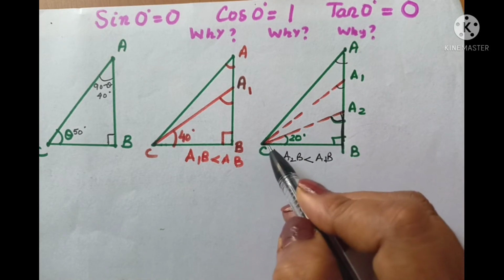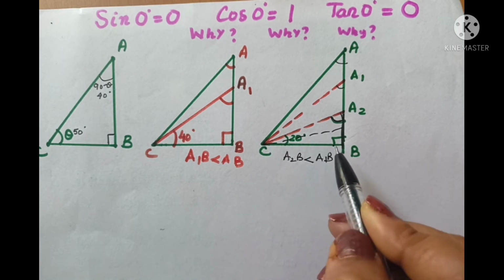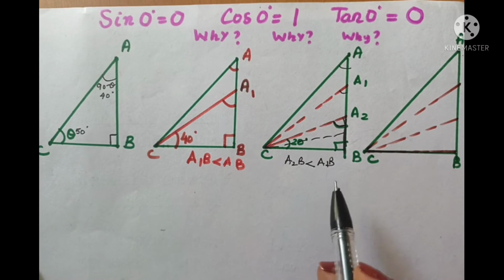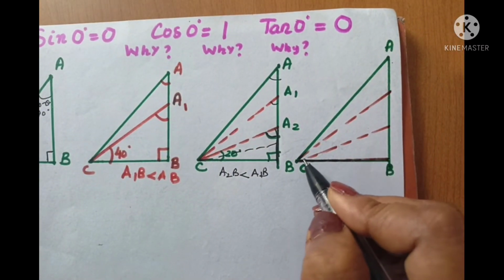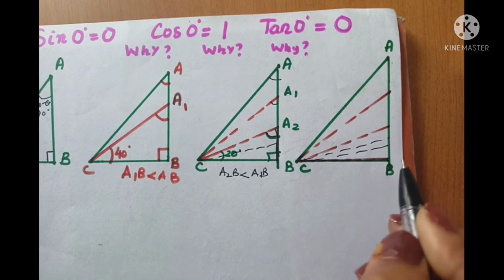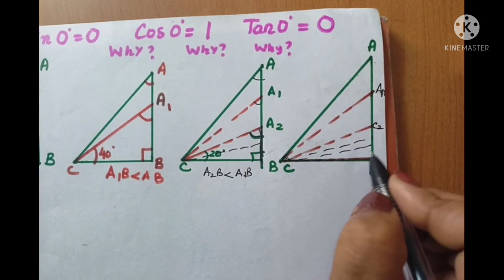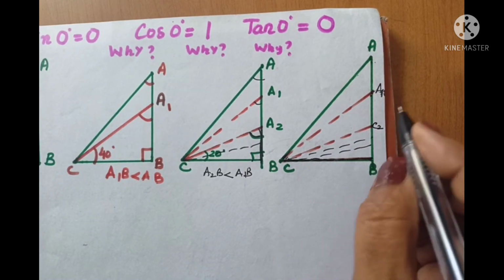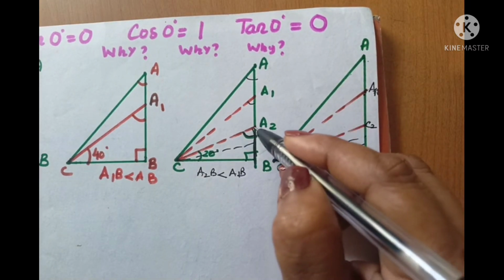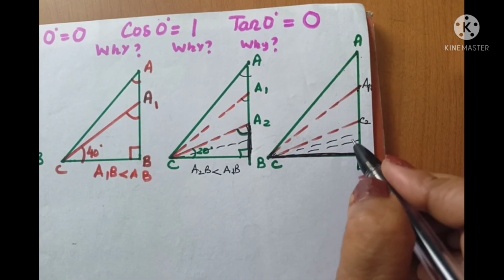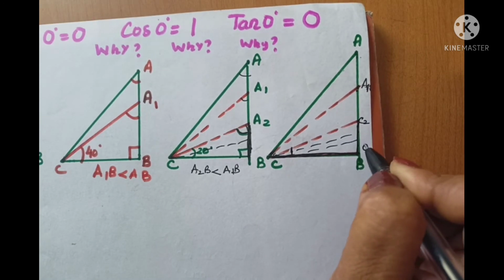Let us see if I make this angle still smaller, and when this angle becomes 0 degrees, what happens? Now is the important point to understand. If this angle C becomes further smaller and I go on decreasing it, two things happen. Hypotenuse also goes on decreasing, as you can see. And ultimately when this angle becomes 0 degree, then hypotenuse coincides with BC. And also this perpendicular distance is getting smaller and smaller, and when this angle becomes 0, this distance becomes 0.